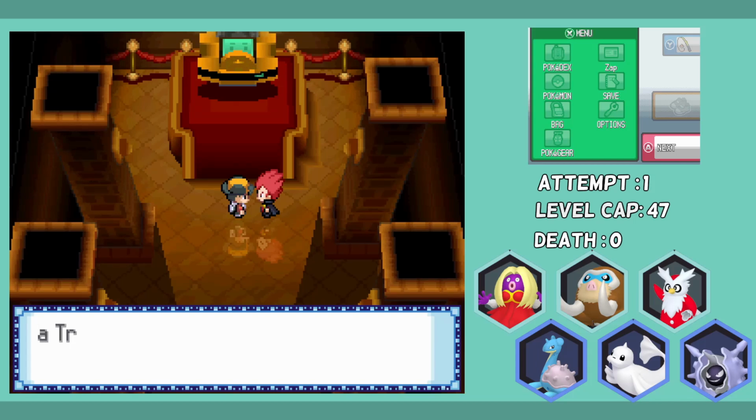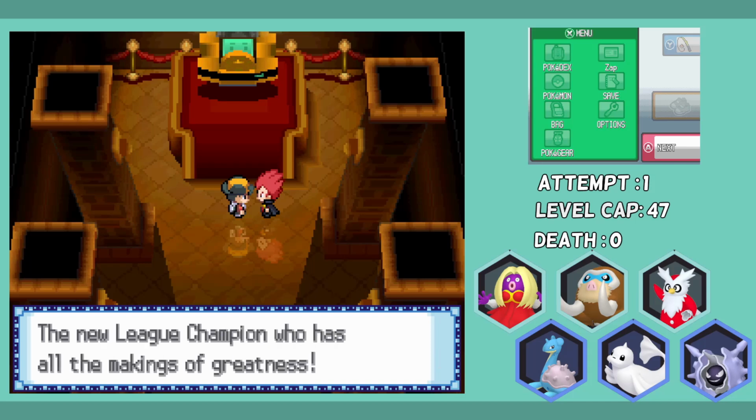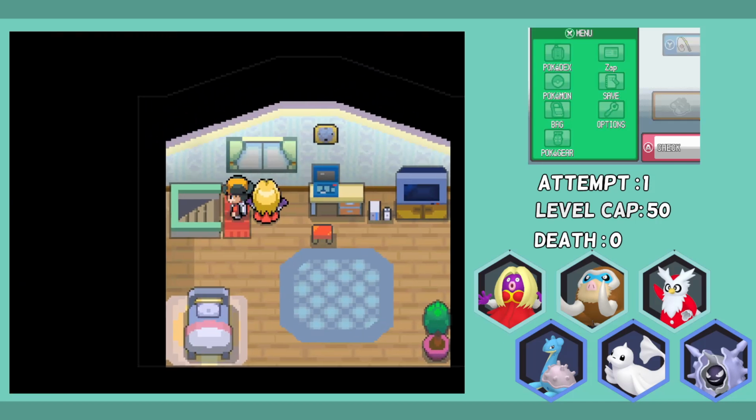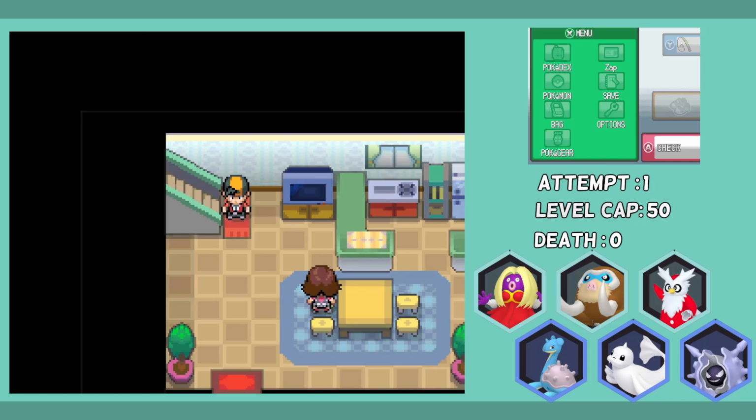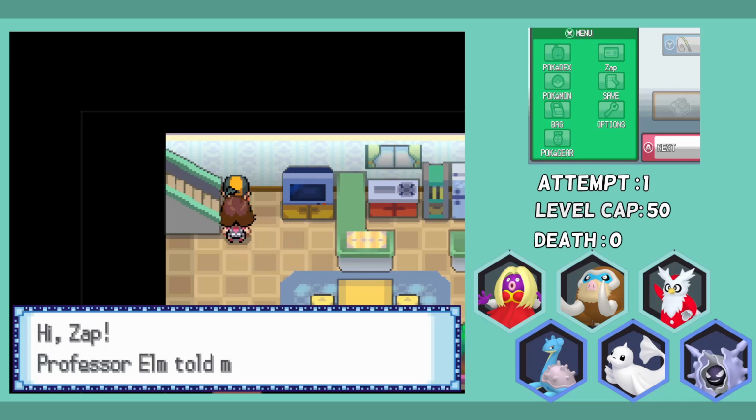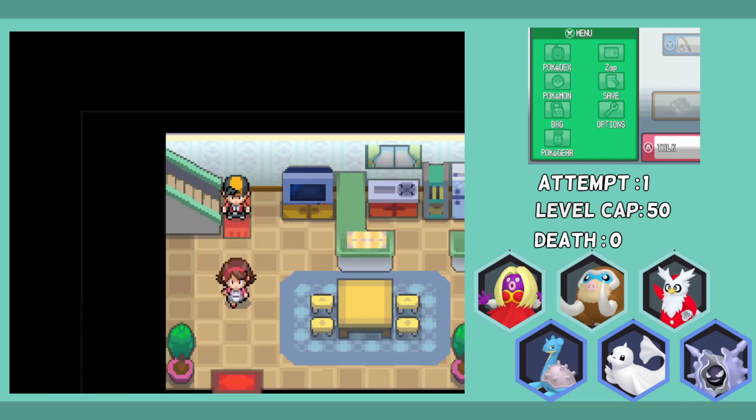Now, I know a lot of you guys want to see the Kanto portion of this, so we are going to jump into just that. Before we head over to Kanto, there are quite a few things that we need to do. The first one is, of course, we're going to talk to Professor Elm. He's going to give us the SS ticket and tell us to head to Olivine, which is where we need